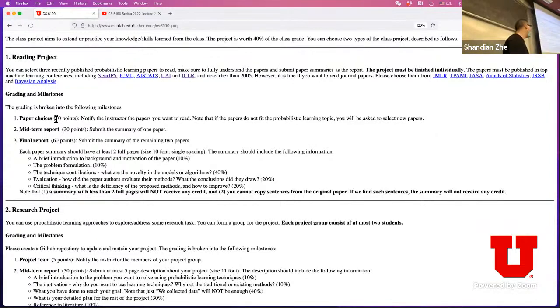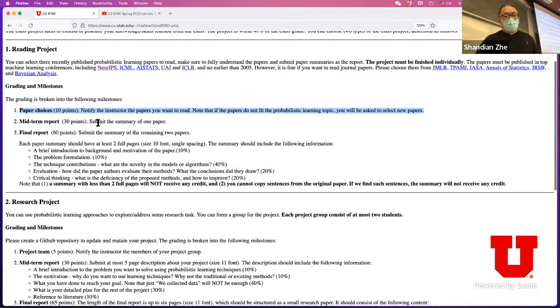Please decide which papers you want to read and notify the instructor. But if the papers do not fit the probabilistic learning topic, you will be asked to select a new topic. Then the midterm report, which is worth 30 points,